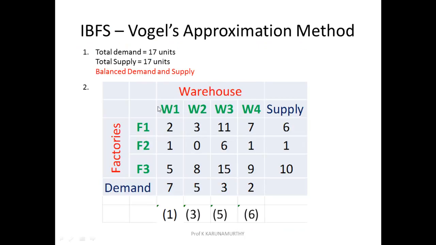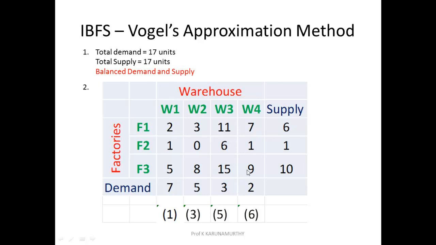So here you can see the very first step is that we have determined the total demand and total supply, and both the units are equal. Once we come to know that the demand and supply are equal, then we can proceed for determining the initial basic feasible solution. So to determine the initial basic feasible solution, we are going to use Vogel's approximation method. In the Vogel's approximation method, the step is like this. For each and every column, we will be determining penalty, and for every row in this matrix, we have to